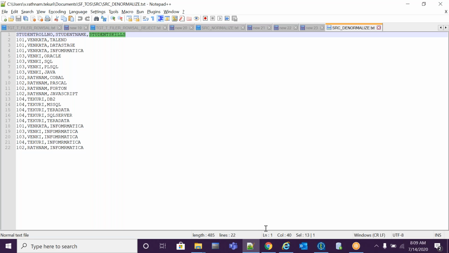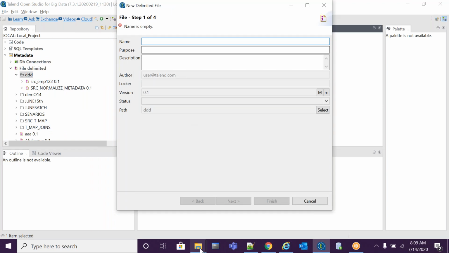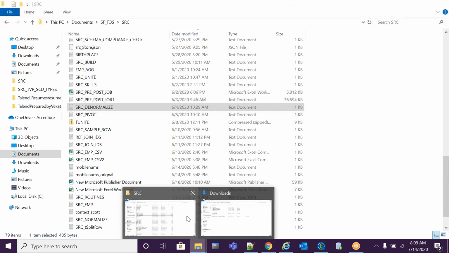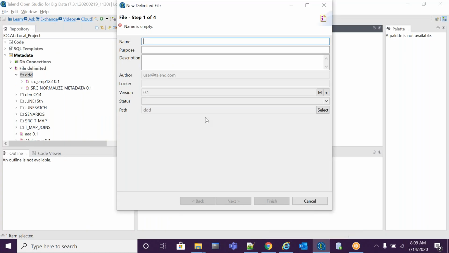First, we'll import the metadata from the denormalize file. Let me create a file delimiter. Let me copy the file name and paste it.